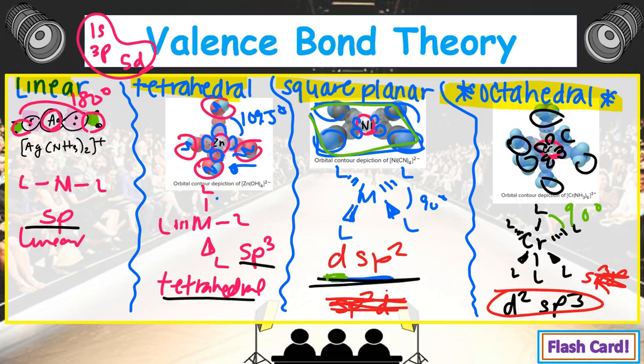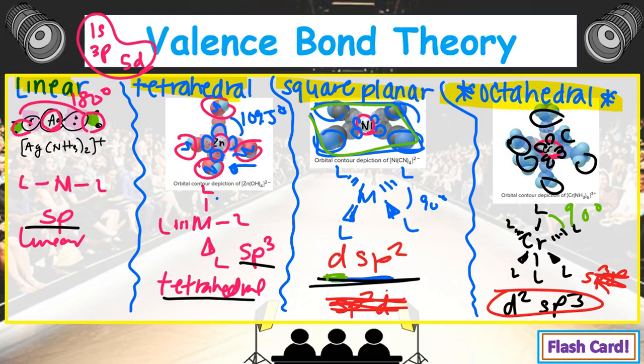So that's why I just want to make that clear for you, okay, folks? Also, again, flashcard moment. You can put complex ion hybridization in the front. You can also put valence bond theory to the front, and on the back, you can put all three hybrid orbitals, the geometries, the angles, and make sure that you add in the fact that we have to have that